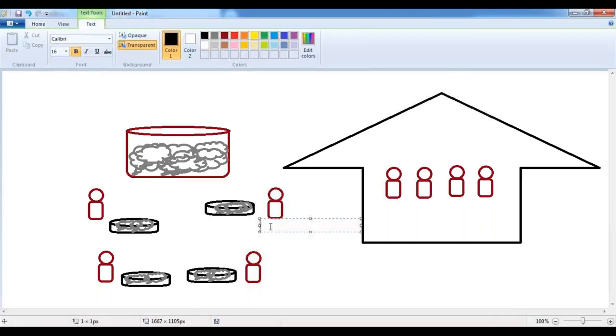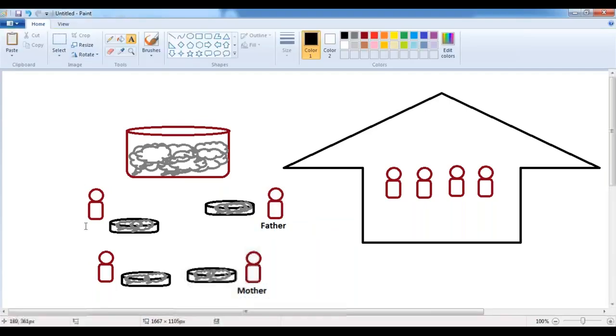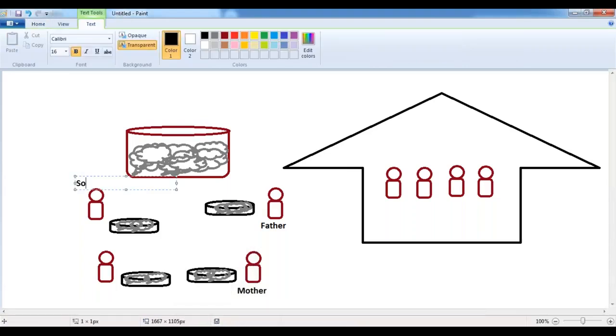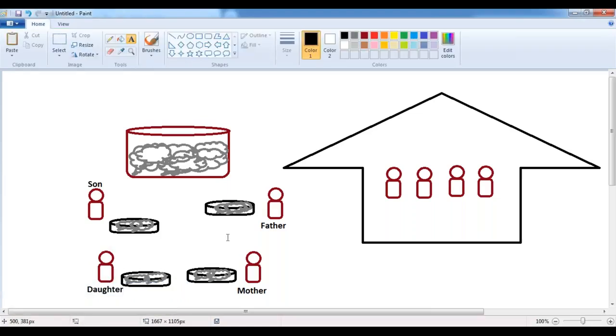This person is the father, and then the mother, and then the son, and a daughter. Two kids are there. Now, for example, assume that the father